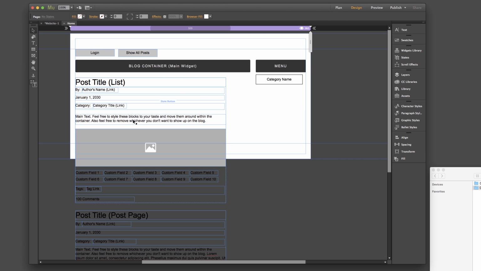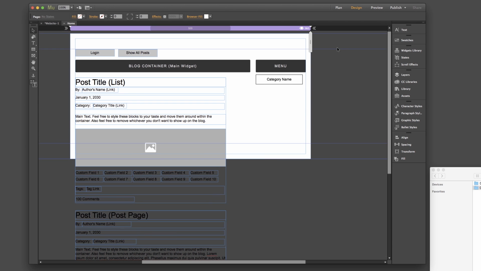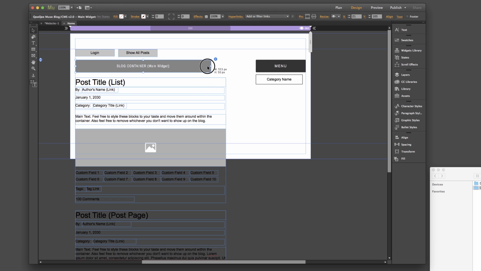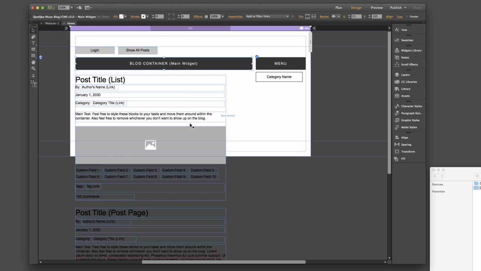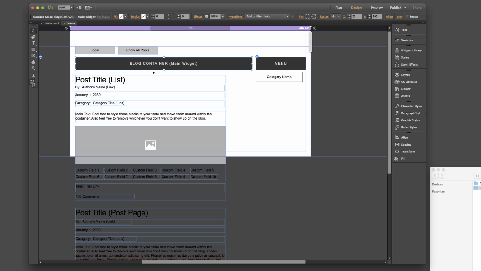As you notice, we have two sets of template elements, one for the list of the post and the other for the post page. Also, there is a category menu and its sample button, as well as the main widget, of course. Please note that the main widget is also the container for the actual blog, so the width of the blog post and pages will be determined by the width of this widget, not by the width of the template elements. The template elements will proportionally adjust to the width of the main widget, so there is no need